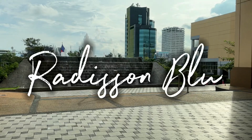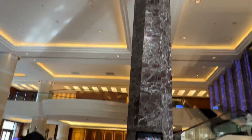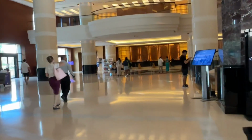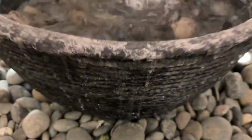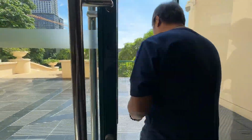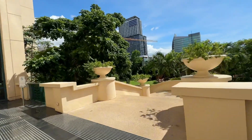So, the hotel is located at the heart of the city, just right beside SM City Cebu, technically a short walk from the hotel to SM and from SM to the hotel. Now, what came as a surprise is the hotel's